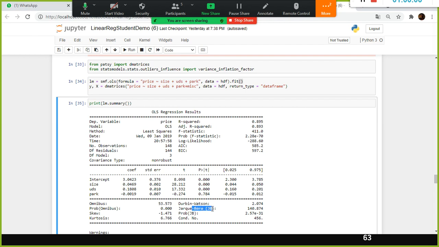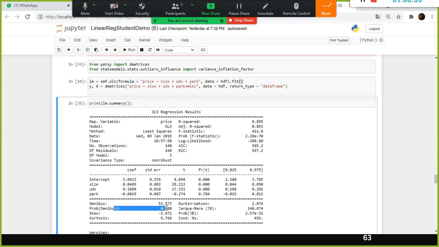And we have something called Jarque-Bera. We did not see it in R, but this is specific to Python. It is the same as the omnibus test, in that it tests both the skewness and kurtosis. What is this omnibus test? It is a test of the skewness and kurtosis of the residual. That is what the omnibus test is. The probability of the omnibus is 0.00. That's what we can see here.